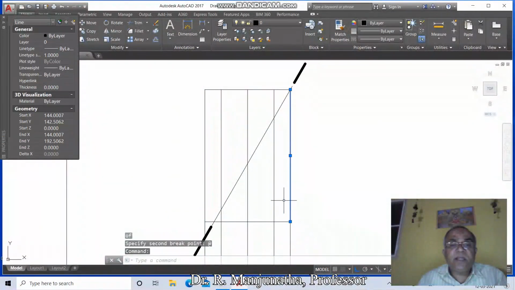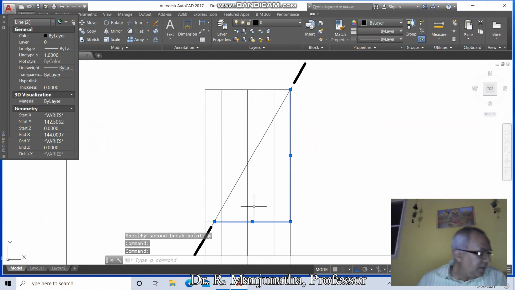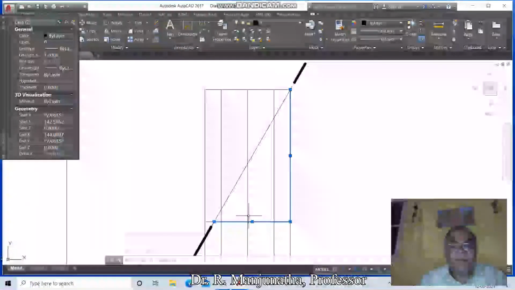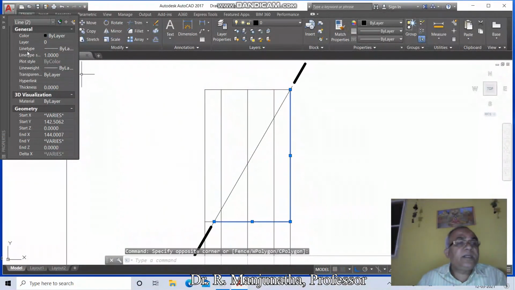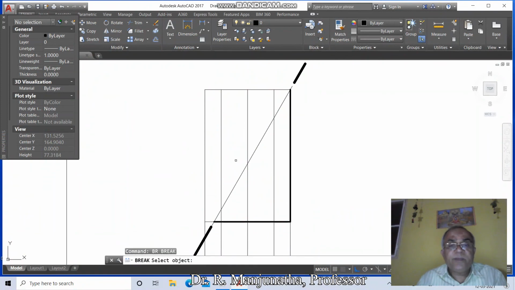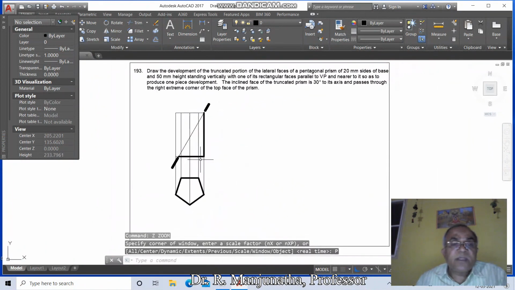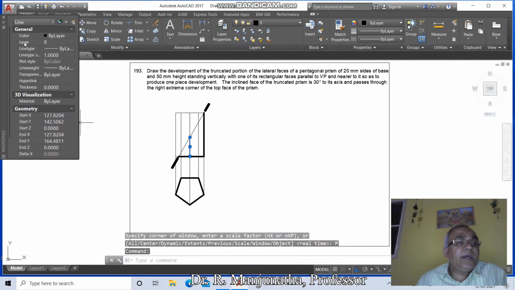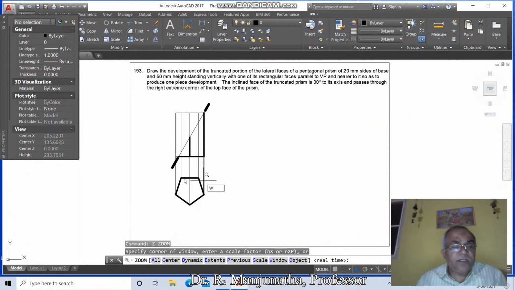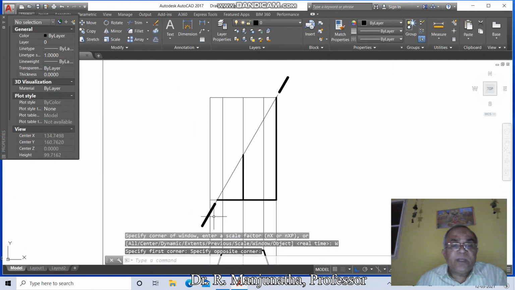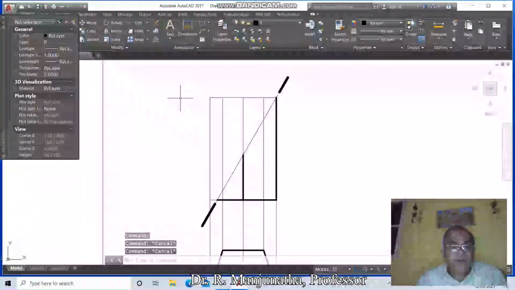Now you select this line, you select this line, you select this line, here you select this line, you make it as layer visible or views, then go to break, select this, break this line till here and say @, then go to zoom previous, select this line, go to layer, make it as views, then come down to this, then go to zoom window, select this line, you break this